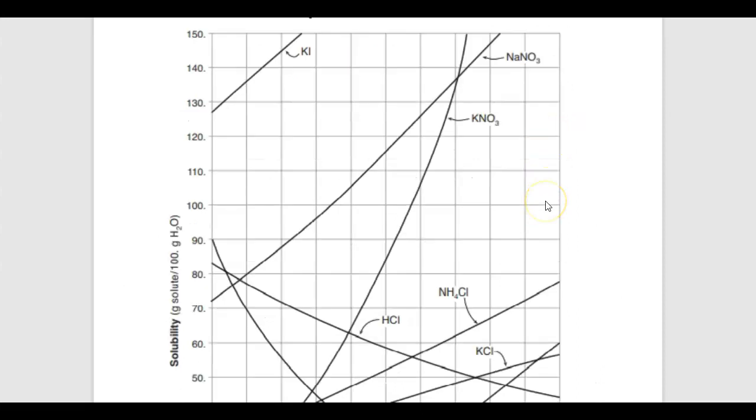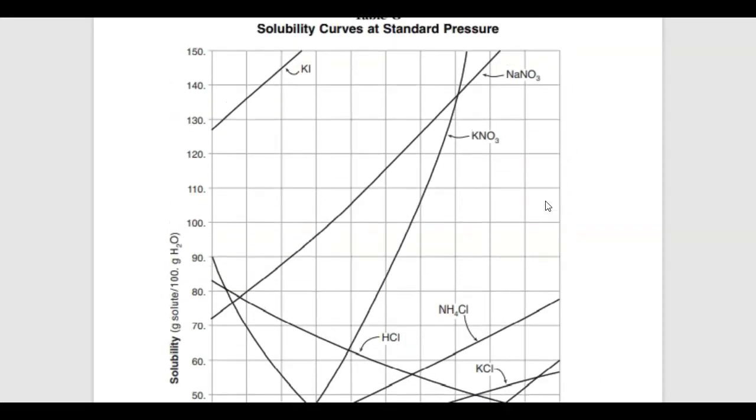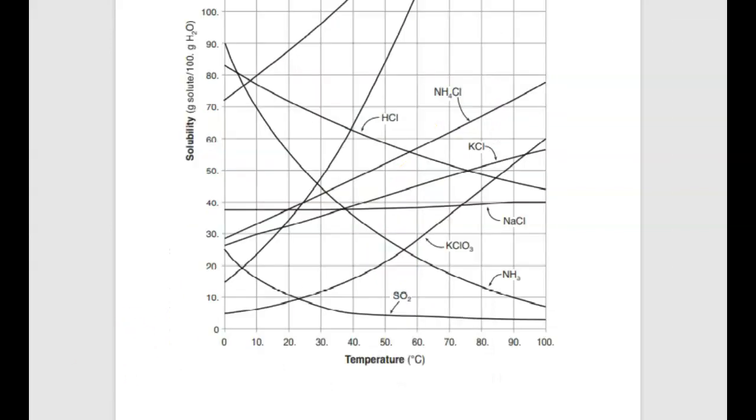All right, it's easier to do it here. I need to shrink this down in order to find it. Here is our sodium nitrate line, which is here, but of course you can't see the temperature at scale at the bottom. All right, let's take a look. This is a tough question to answer with my computer here, but